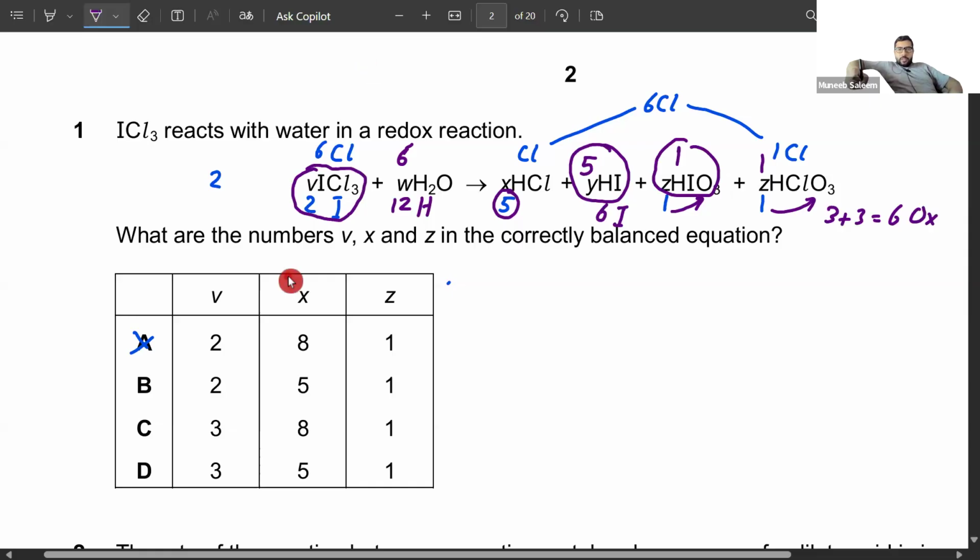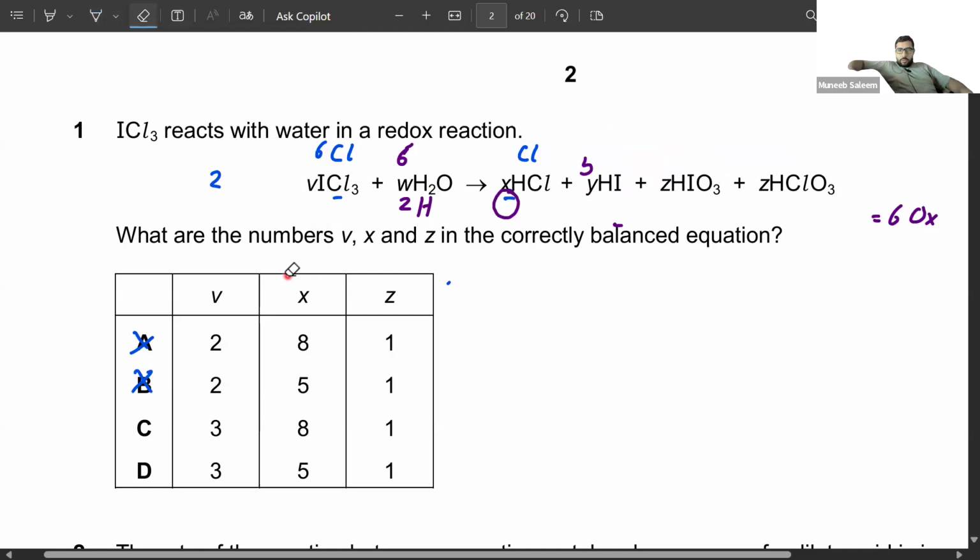The chlorines are balanced, hydrogen are balanced, and oxygen are balanced, but the iodine is not balanced. So this is how we got an incorrect equation by using these coefficients. So B is incorrect. Now I'm going to erase all these to substitute new numbers and check the number of atoms